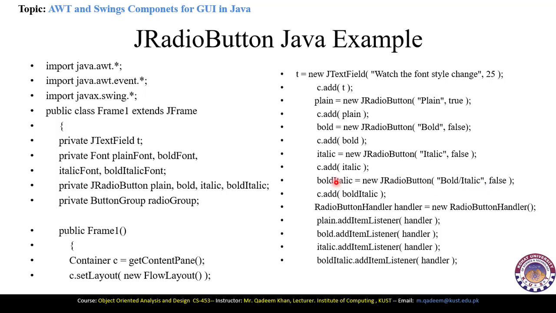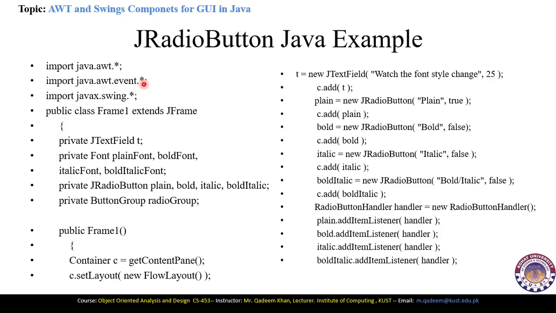This means that here we have instantiated another JRadioButton with the object of bold italics, and its caption will be bold/italics, and it will be unchecked initially. And also we have added these different JRadioButtons inside of the containers. Now here we have defined the radio button handler, which defines the events, and this is the event which is implemented